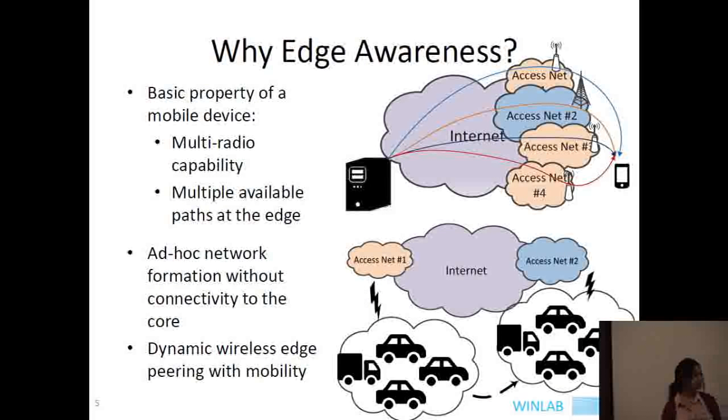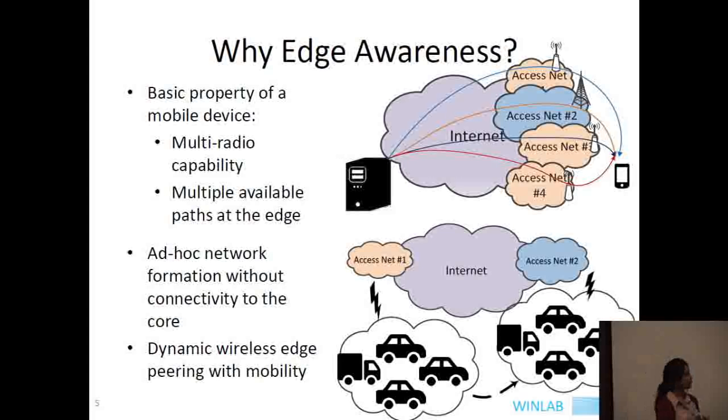So we have a very simple example of a mobile device. So typically a phone sees 3 to 5 networks at the same time. And it also has multiple network chips available, just that you don't have the functionality in the routing layer to allow it to connect to multiple interfaces and route packets at the same time.